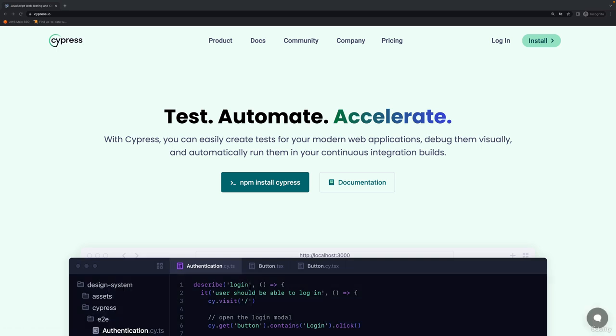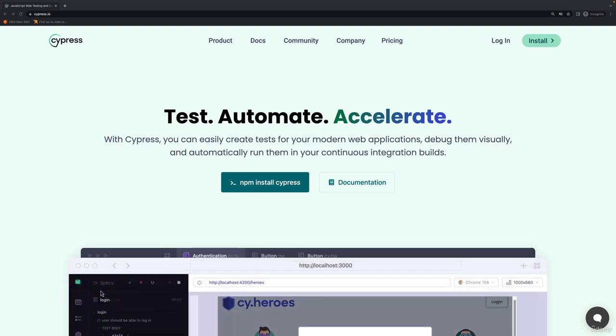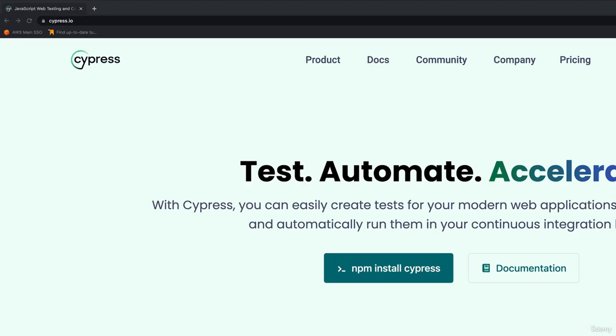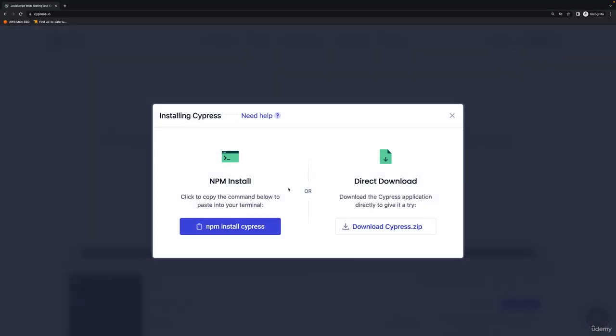So now that we know what Cypress is and why we might want to use it, it's time to get started with it and write some first tests and add it to our first project. For that, you can visit cypress.io, and on that website you find some getting started instructions. But in the end, it's just one simple command that you need to execute in your project, followed by another